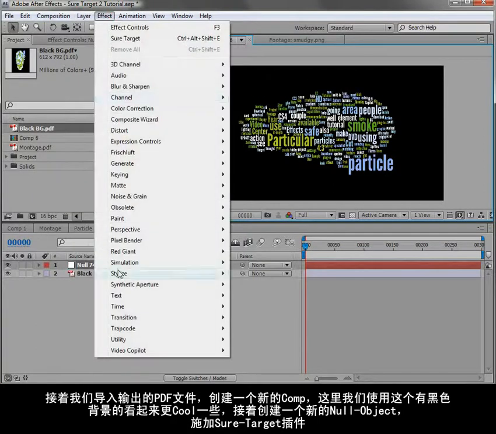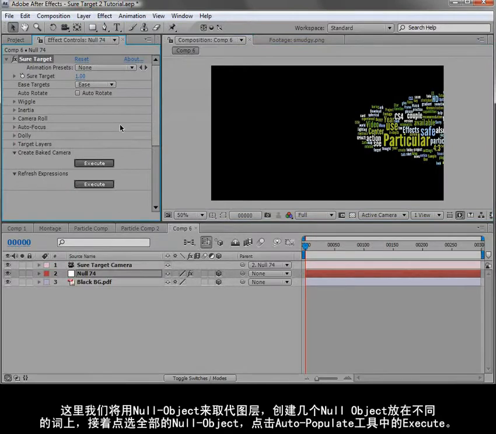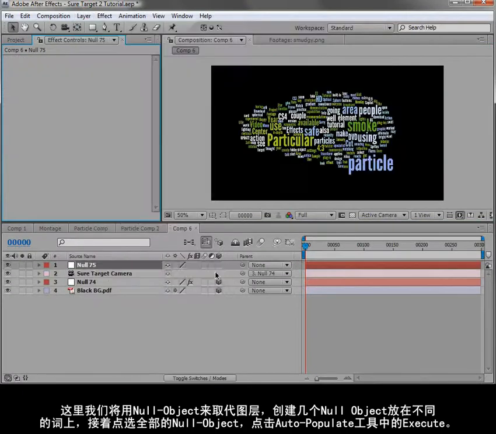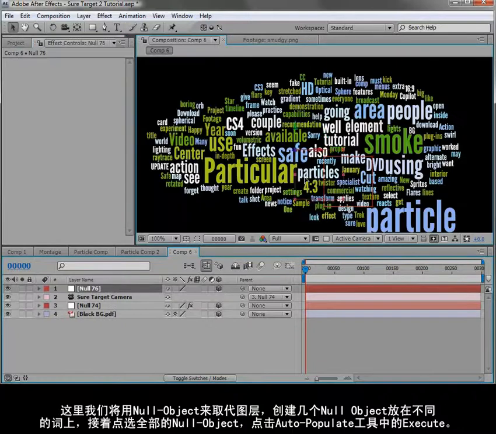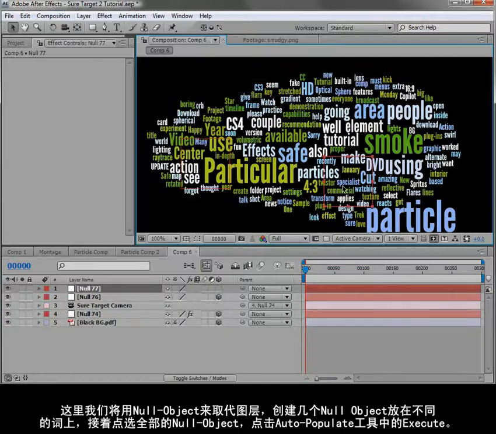So we'll add a null. We'll go Effect, Video Copilot, Sure Target. We'll go through a little quicker here now that you guys are familiar. And instead of using text layers, I'm going to just create some null objects. We'll make the null 3D. And we'll just move it to an area such as, video. And then we'll create another null object. And we'll move this to,